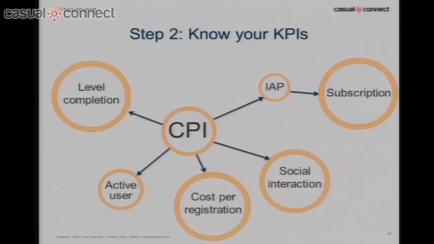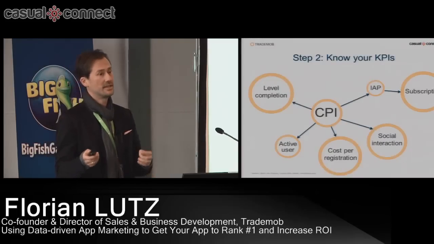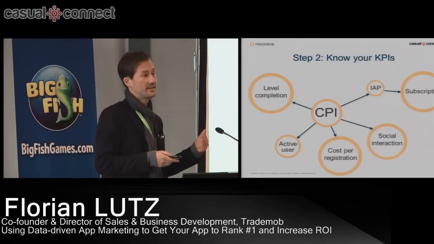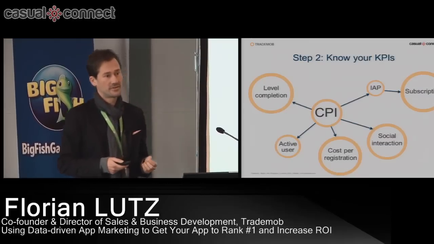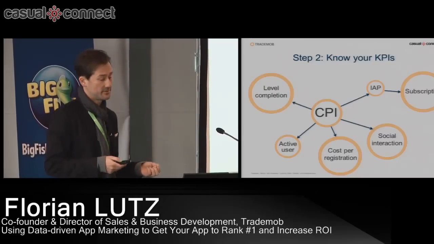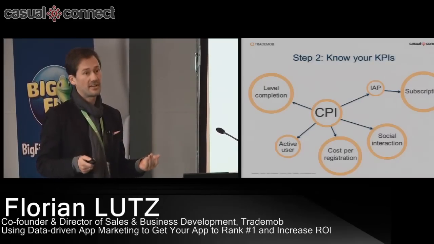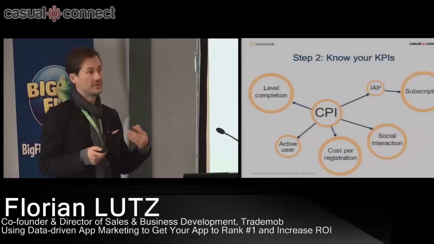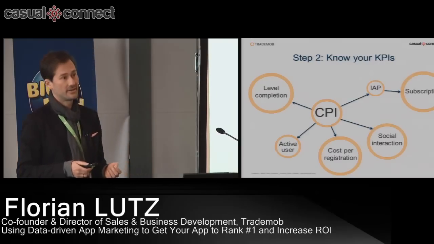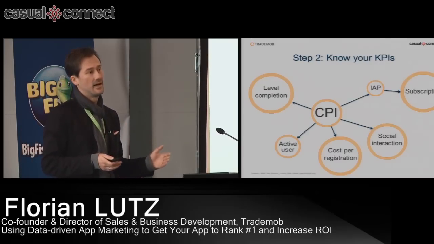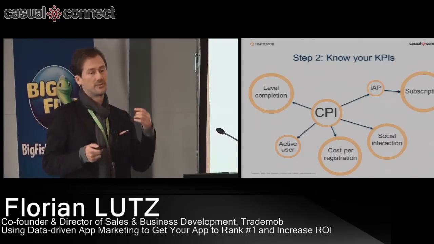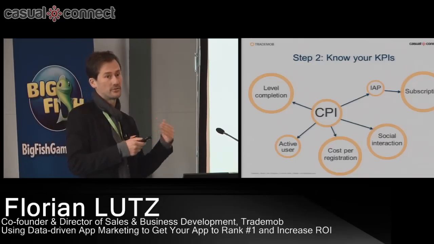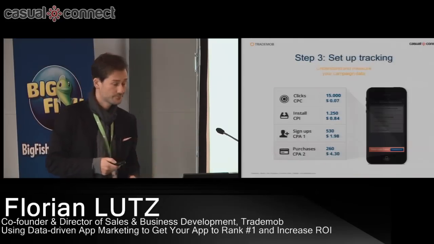So I'd rather have you guys think in terms of smart KPIs that help you define what really is an active user, and how you can define very early in the customer journey that a user is active. Some things that you might be tracking are, for instance, a registration, the completion of certain levels, or if a user has watched a video or something like that. And this will help you define that the users you're acquiring short-term will be active long-term, and then you can use this data to target these users as soon as possible.